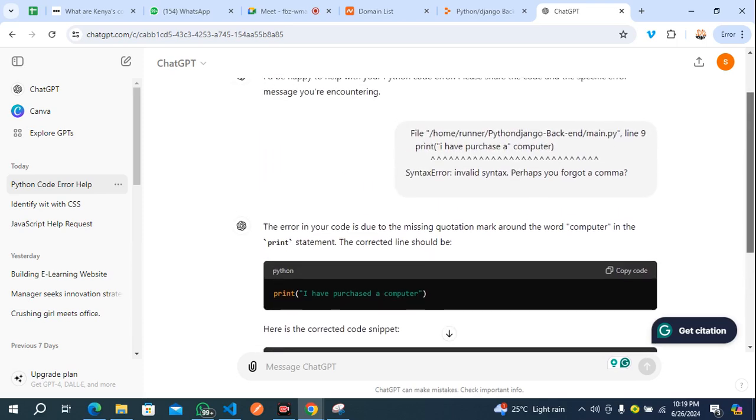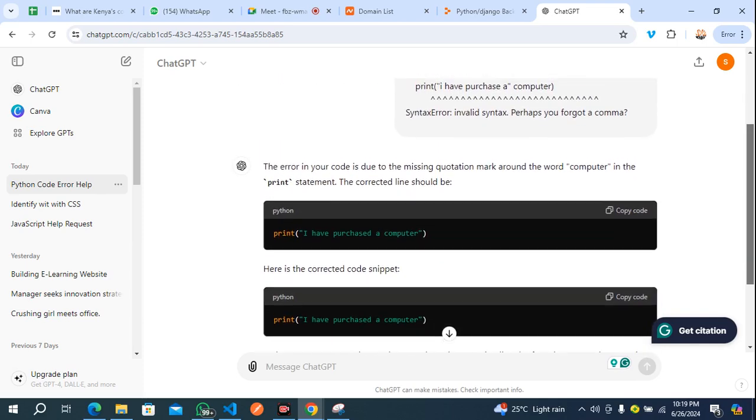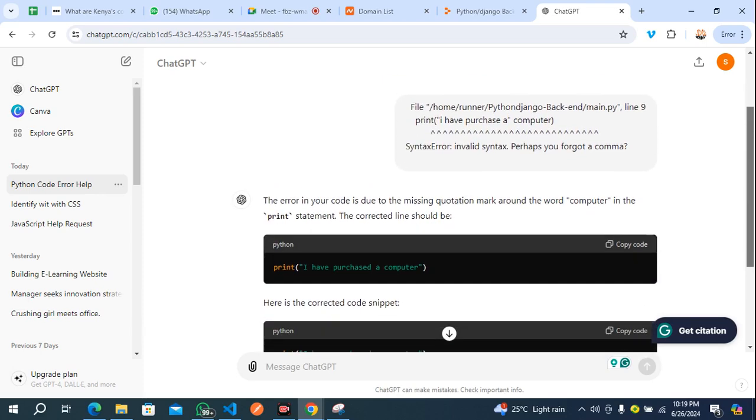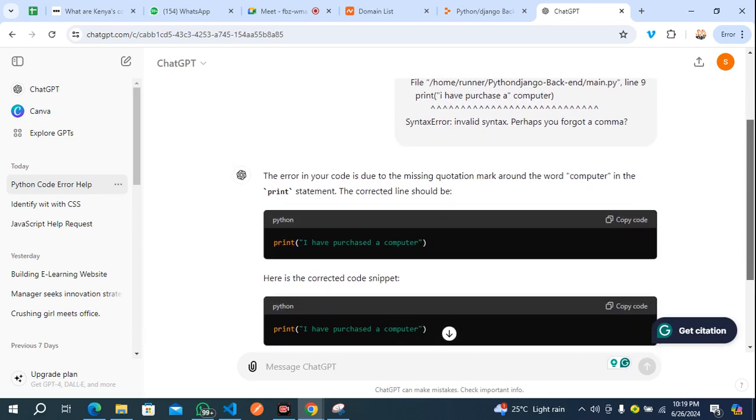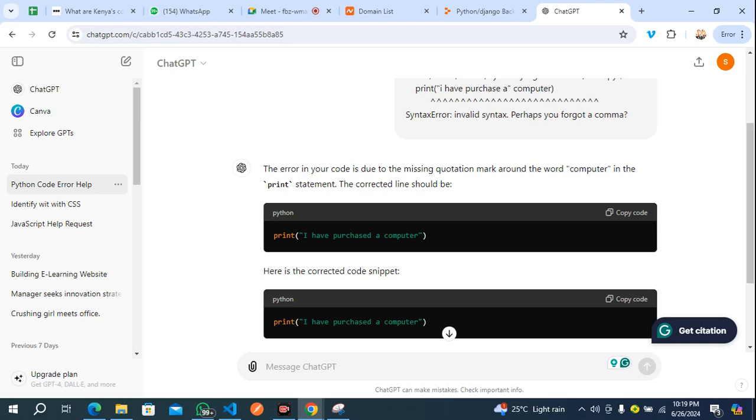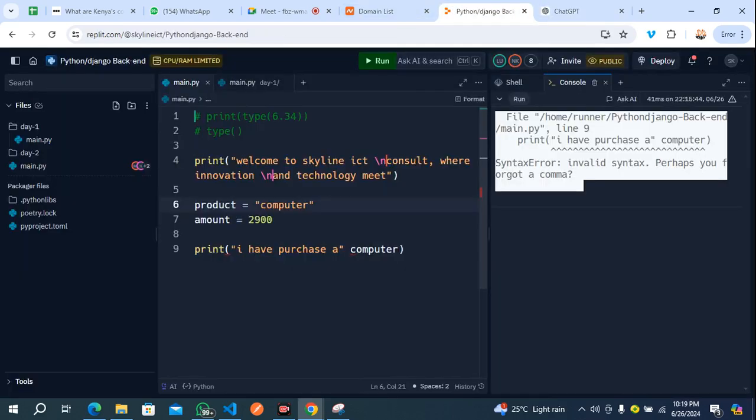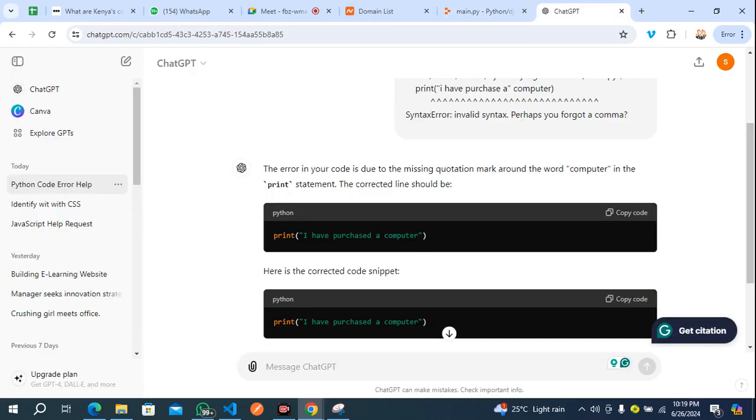But that is a variable. Then what you need to do now is that AI is pointing out what the issue is, but AI does not have access to your code. So what you also need to do is to send him the snippet of what? Of the code. Copy and send.